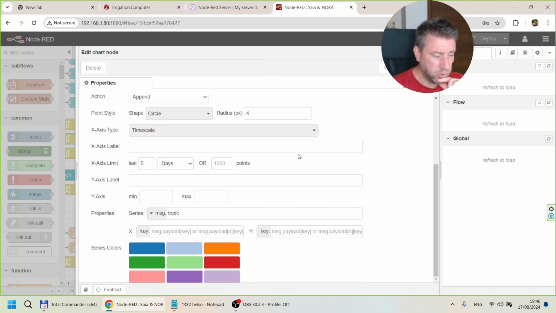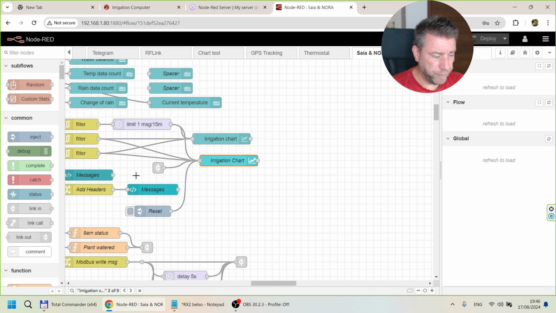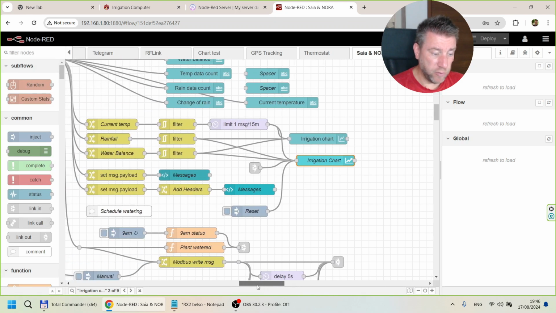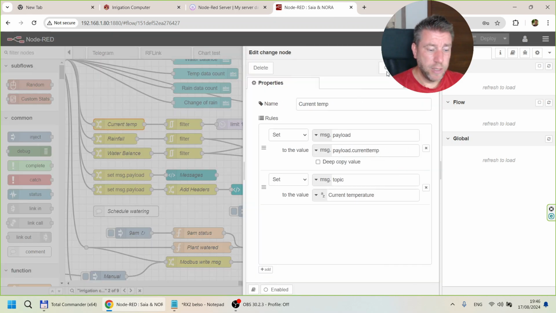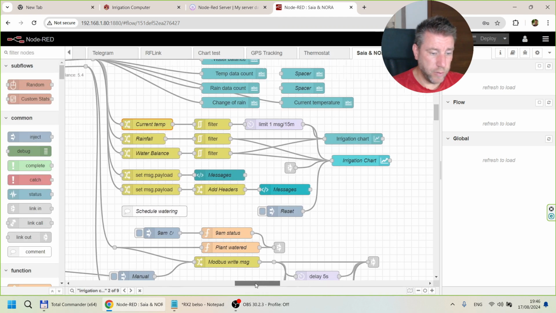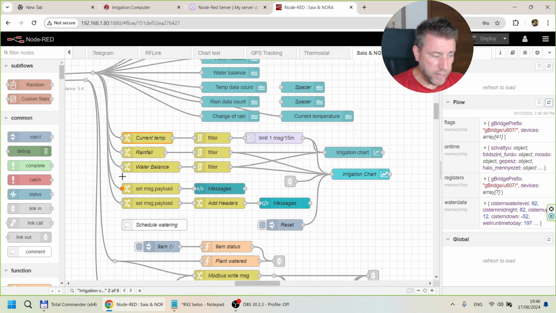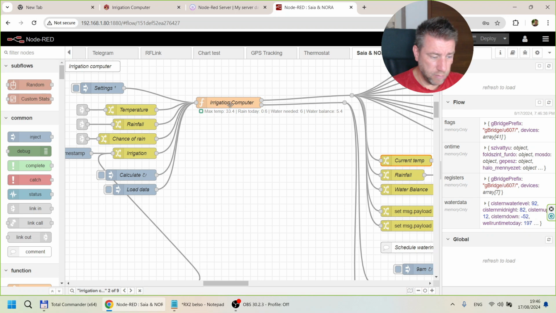And yeah, show the legend, and I might also play around with the colors just to make the first two not blue, but yeah, that's fine. And here, if you don't remember from the previous video, anything which comes out of this irrigation computer flow is actually going to be